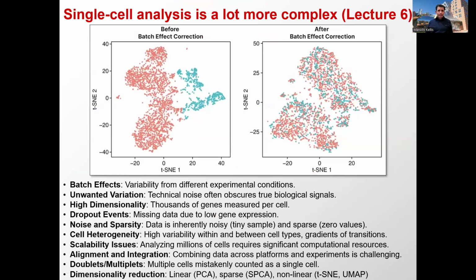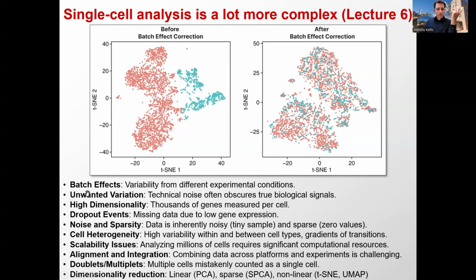And again, single cell analysis is a lot more complex. We're going to talk about that in lecture 6. You have to deal with batch effects. For example, most of the time when you do an experiment, you basically see, ooh, this is the cells from the first experiment, and this is the cells from the second experiment, and they have nothing to do with each other. So basically what you need to do is find some anchors that are sort of the best neighbors, for example, between these cells and pull them together and then change the dimensionality to match those, etc.